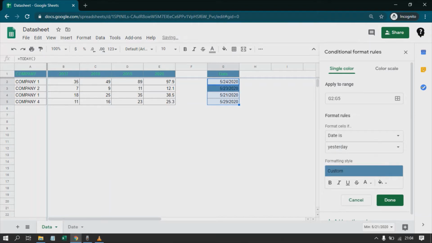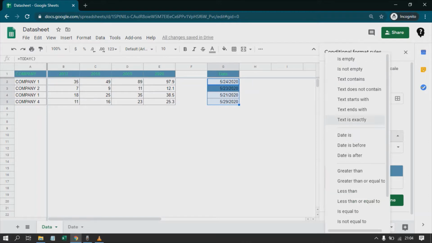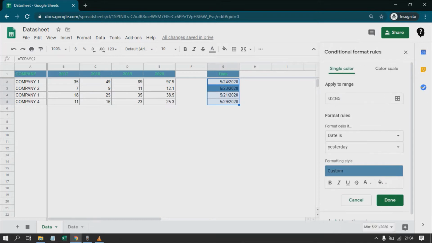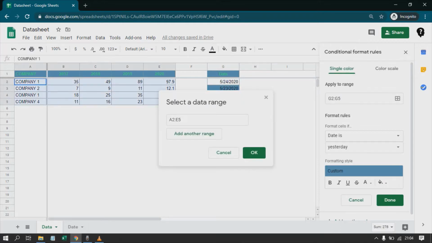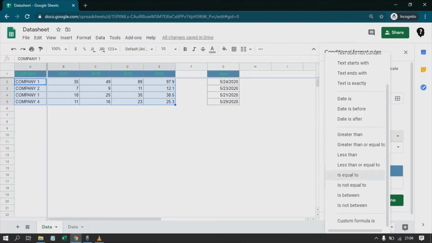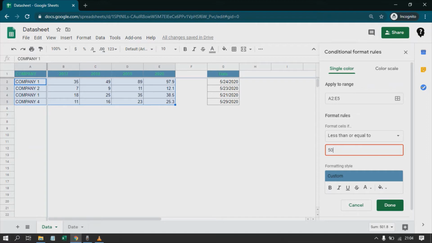If yesterday, it will highlight the yesterday's date, etc. Then we have arithmetic. If the number is greater than, equal to, less than, or equal to, in between, etc. Let's take one. So I want to highlight all the numbers which are less than or equal to say 50. Everything will get highlighted here.